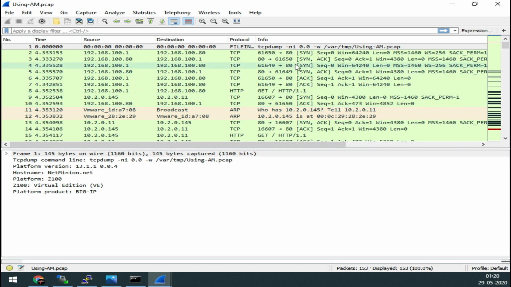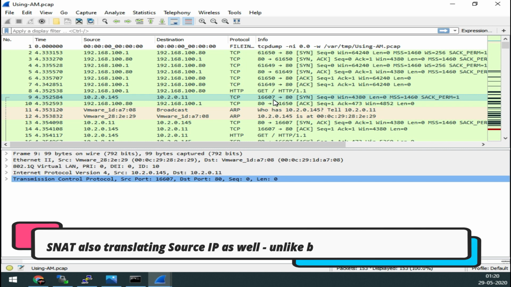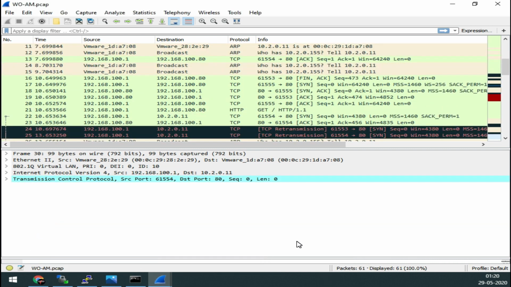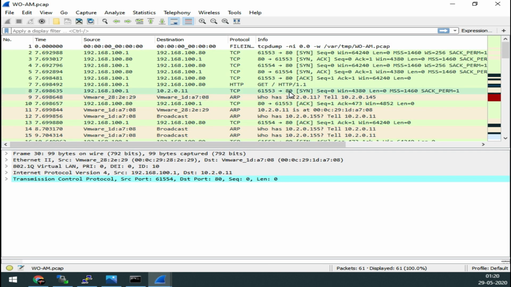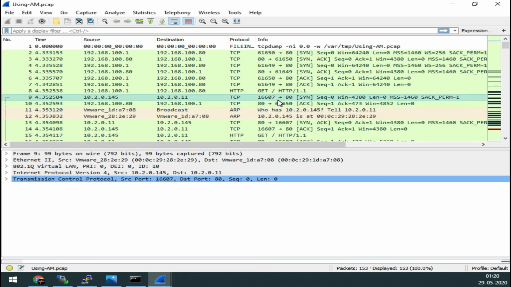Again, you can see from here to here the SYN and SYN ACK are all good, and the GET HTTP packet is there. Can you see the difference between our earlier output and this one? Packet number 9 this time, and earlier, see packet number 8, the source address was the same 100.1. This time, using automap, the source IP address has also changed.